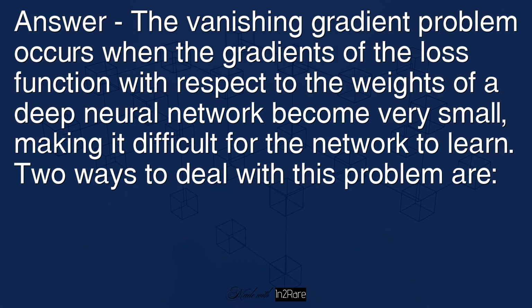Answer: the vanishing gradient problem occurs when the gradient of the loss function with respect to the weights of a deep neural network becomes very small, making it difficult for the network to learn. 2 ways to deal with this problem are: